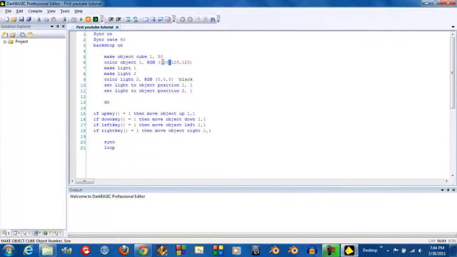And now, if you're wondering why I put 120, 120, 120, three times, the reason is, as you can see here, RGB, which stands for red, green, and blue, this is telling the color frequency of red to be 120. This is telling the color green frequency to be level 120. And this is telling blue to be level 120, which all fused together creates some kind of color,